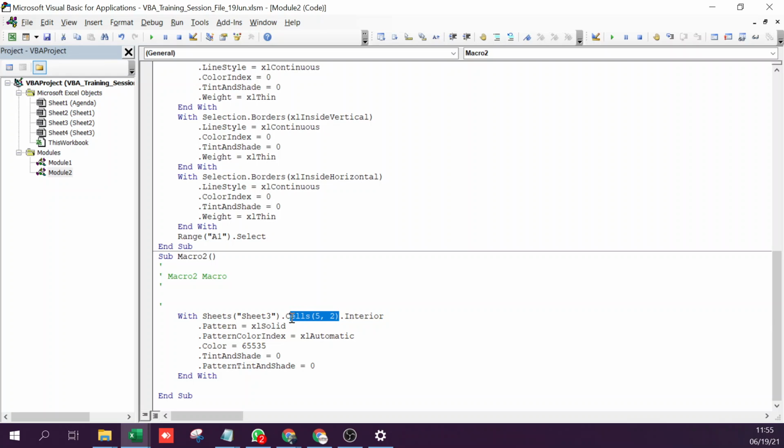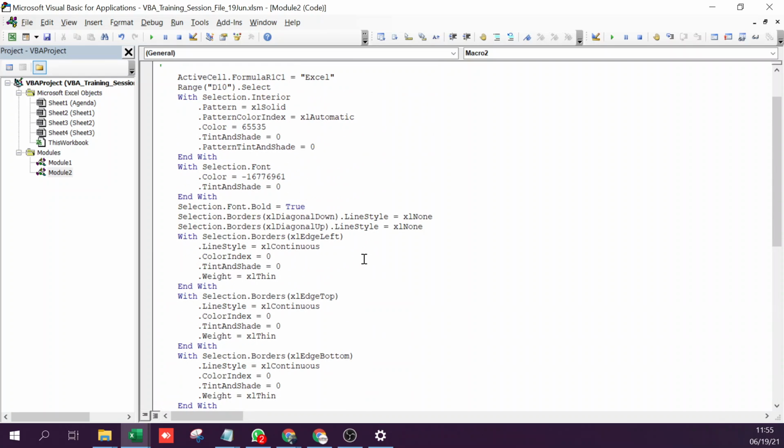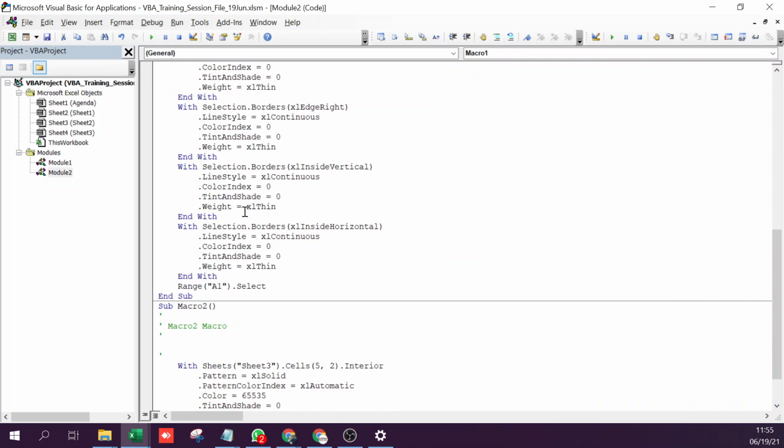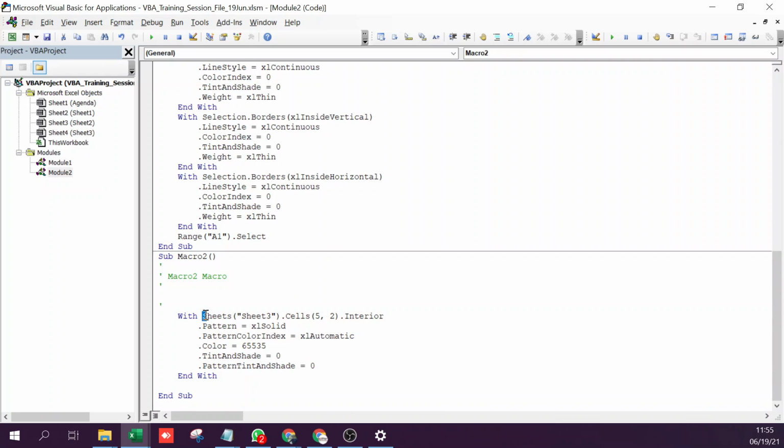All I had to do was make this change. So this is how you record code and make changes to it. You can see a lot of selection in the earlier recorded code as well. All you have to do is change the selection and give the reference of your respective range or cell.